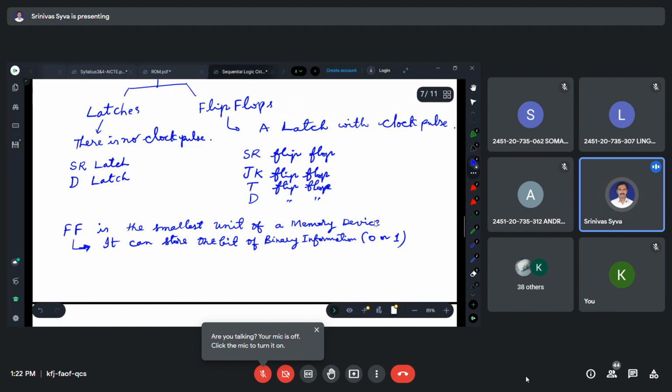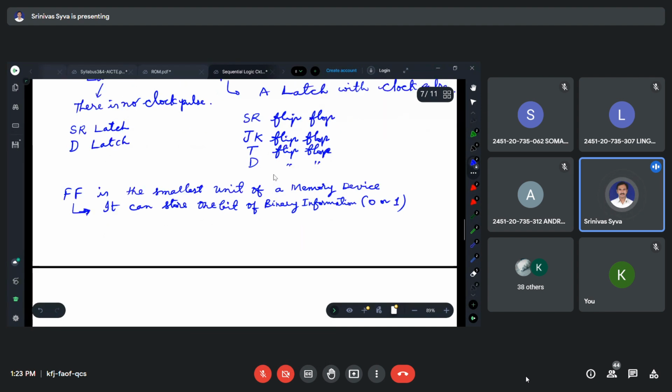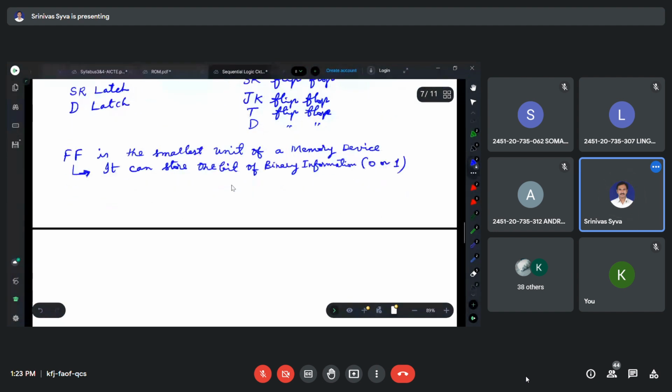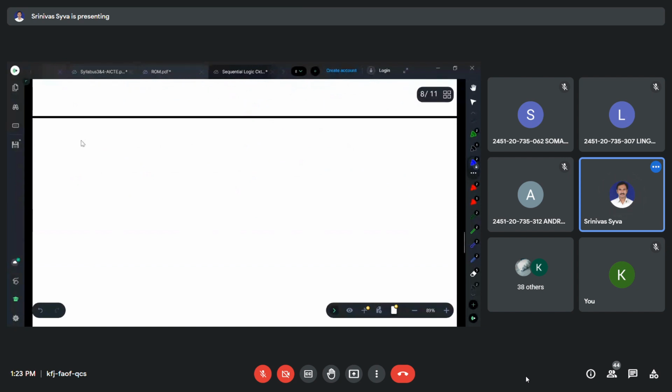SR latch. Okay, and some differences are there between the latches and flip flop. We will see the differences later. First, we will discuss the SR latch. Okay,